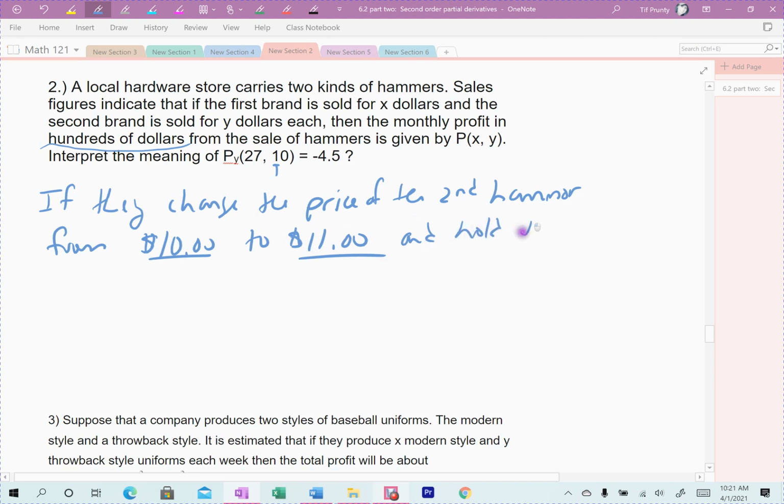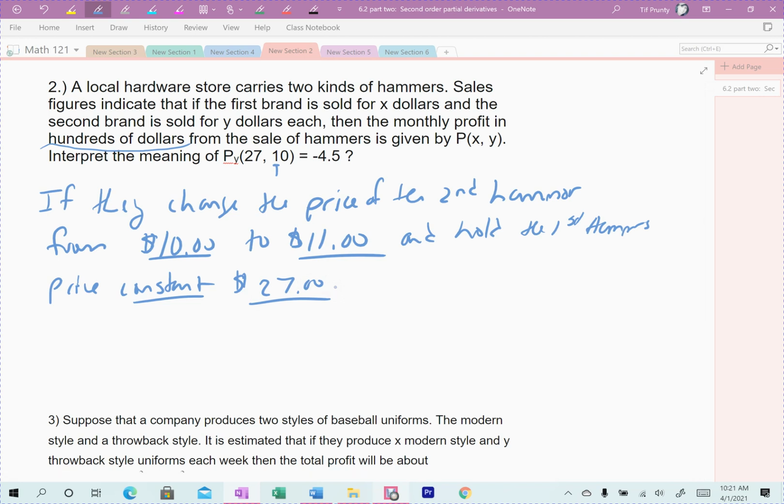And hold the first hammer price constant. They don't change its price, they hold it constant, and it's constant specifically at $27. So not only are they holding it constant, but they're holding it constant at 27. They've set that price and it's staying that price. And it matters that it's $27. It would be different if it was 25, 26, 35. 27 is what matters. It's constant at that specific price. So if they increase the price of the hammer from $10 to $11, hold the other one constant at the 27 that it was already at,